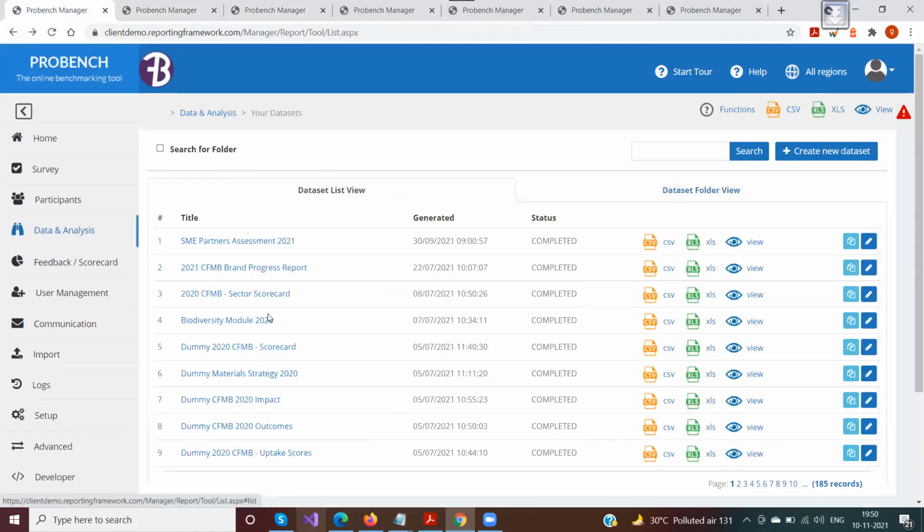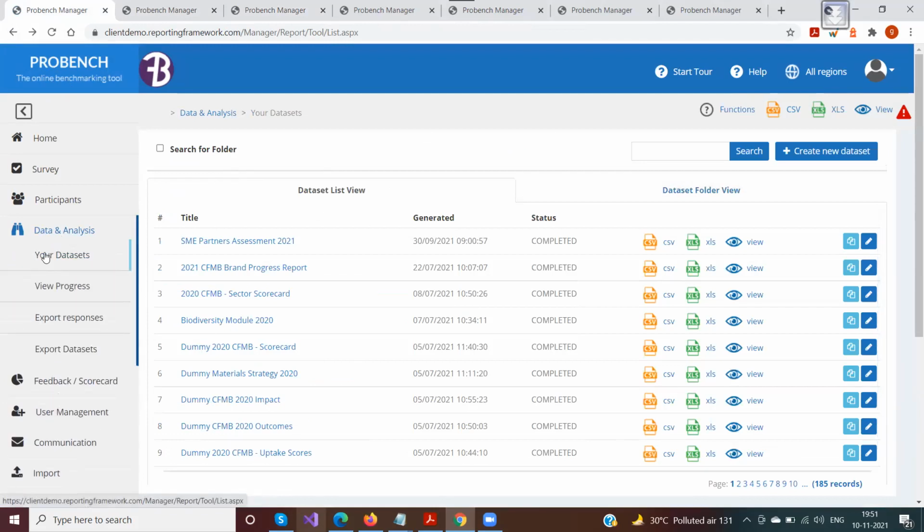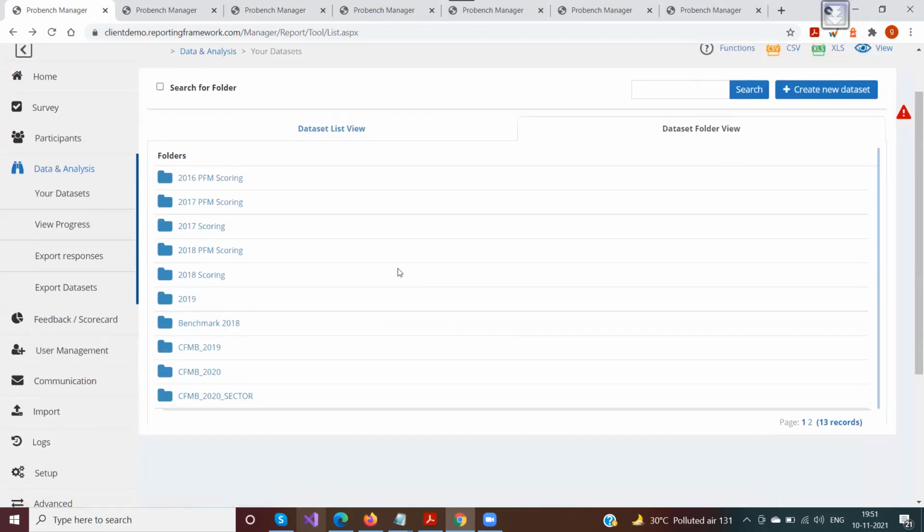You see, this is the list page of the data sets, which we came to from data analysis from your data set. In this list page, there are two views. One is the list view, which shows all the data sets, and one is the folder view. This folder view is basically using the tags that you have entered for each of the data sets.